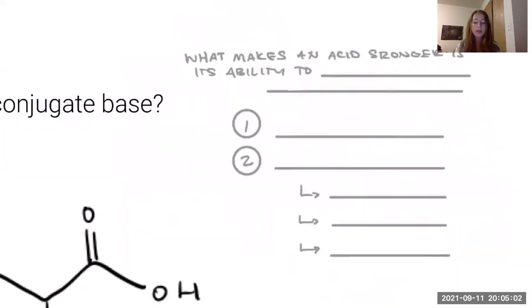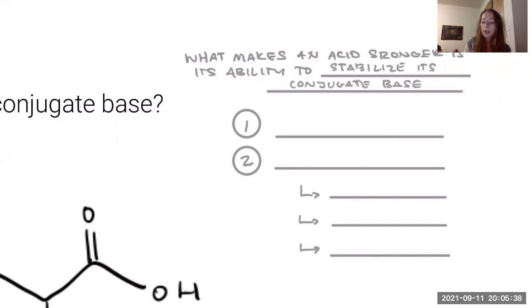But first we have to ask ourselves, what makes an acid stronger? How do we determine acid strength? That's really based on its ability to stabilize the conjugate base, to stabilize its future self. It makes it more comfortable losing that proton, because an acid is defined as something that donates protons. If it becomes more comfortable losing its proton, then it'll react more and then stabilize